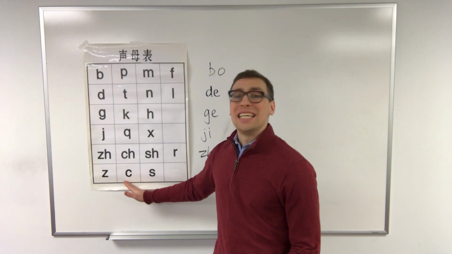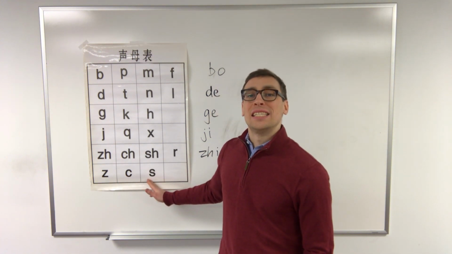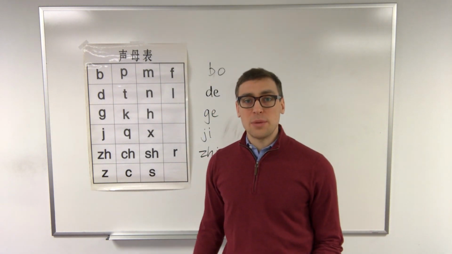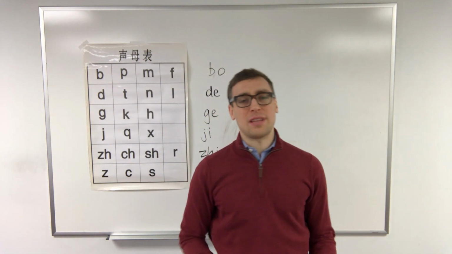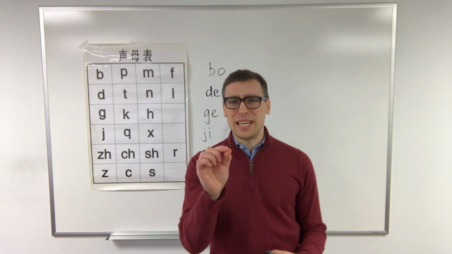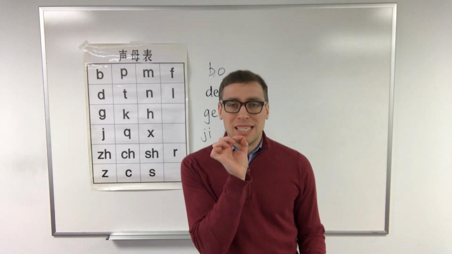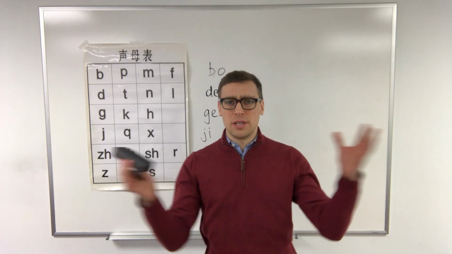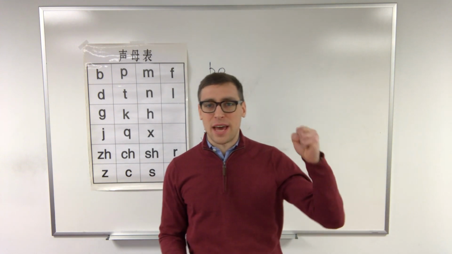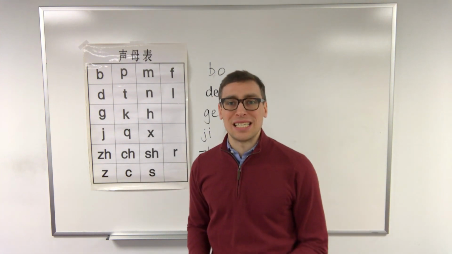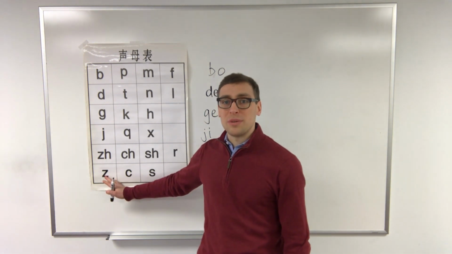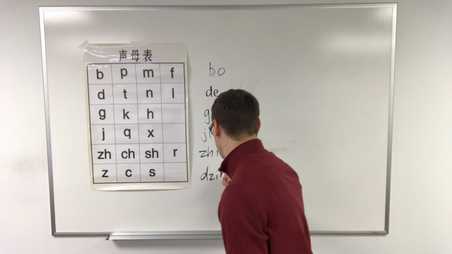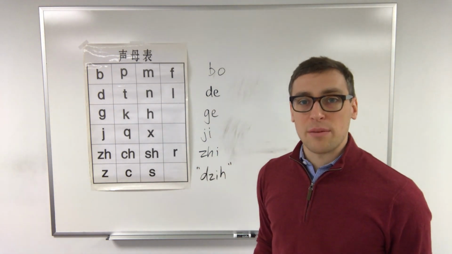Z, c, s. Okay? So a Z, as you might have noticed, it's more plosive at the beginning. It's almost like there is a D in front of it. Z, z. It kind of explodes at the beginning, whereas in English it's kind of z. It doesn't really have that real hard beginning. Z, z, z, z. In Pinyin, when we see a Z, if you need something like this to help you at the beginning,